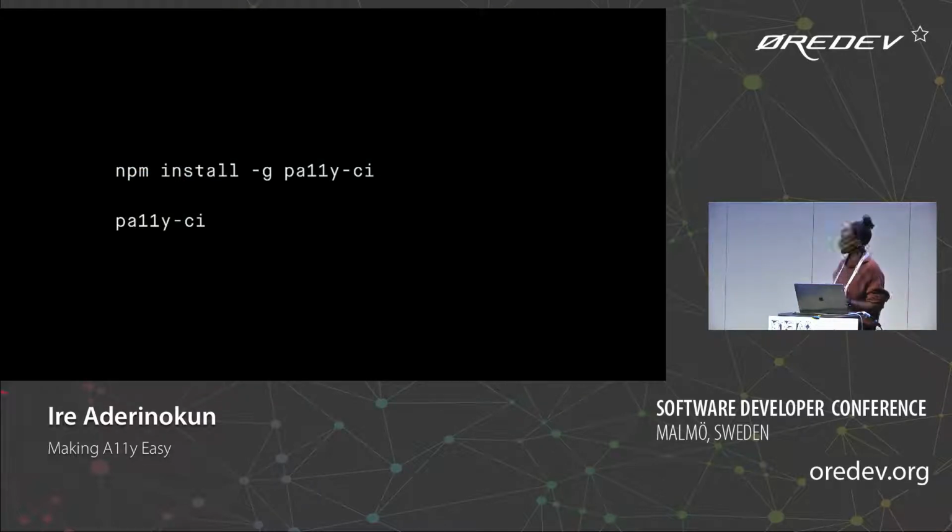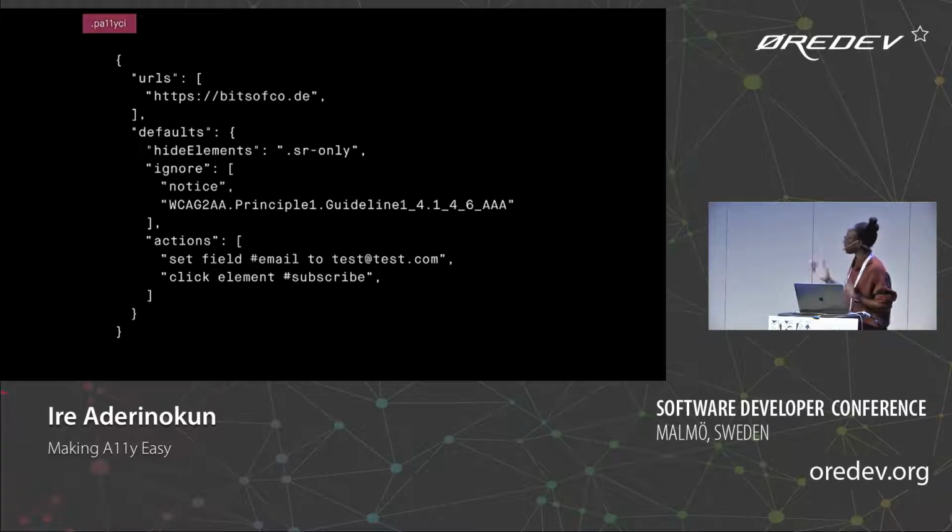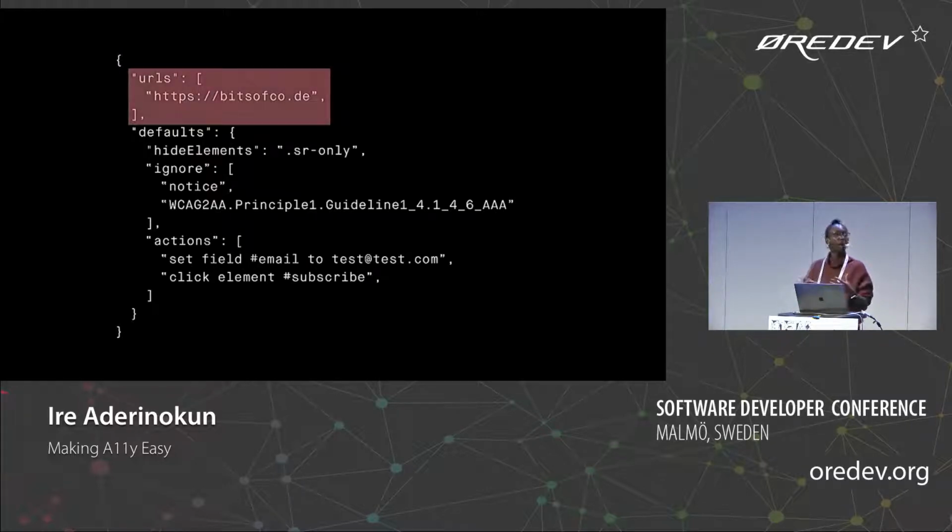Again, all you do is install it. What is a bit different about the CI tool is that you have a dedicated file, and you can specify exactly how you want the audit to go. You can specify a list of URLs, so it's not just one anymore. You can even add a sitemap, I think, so you can crawl through your entire site, and you can also have more specific